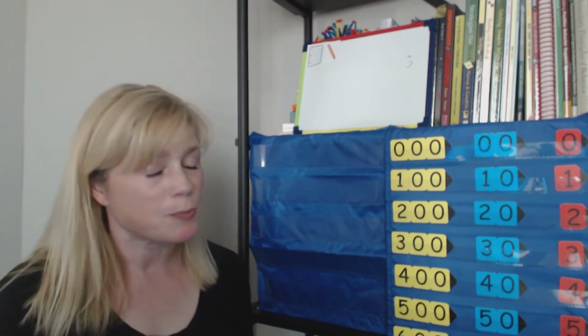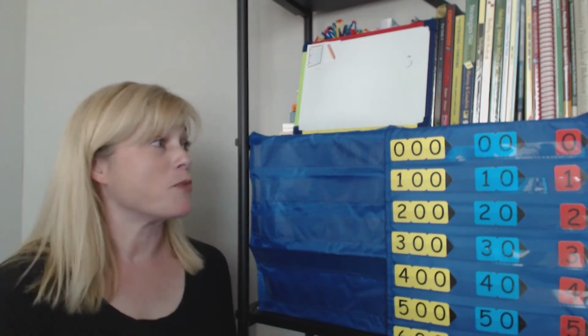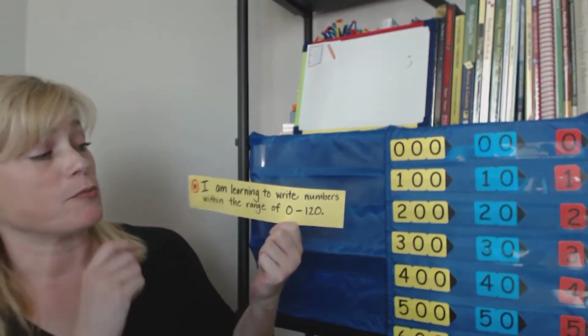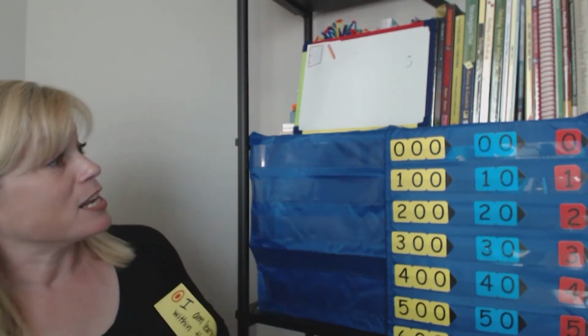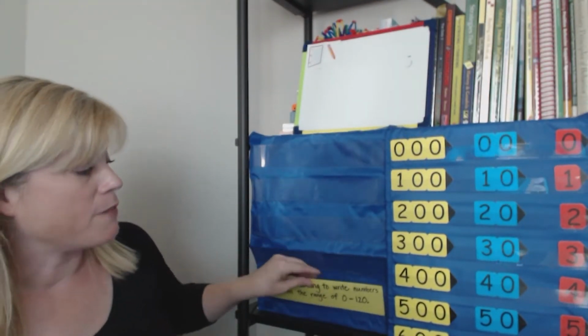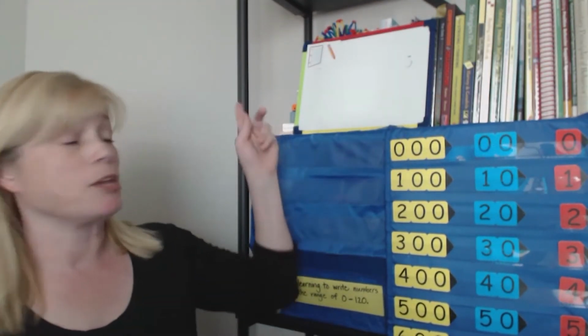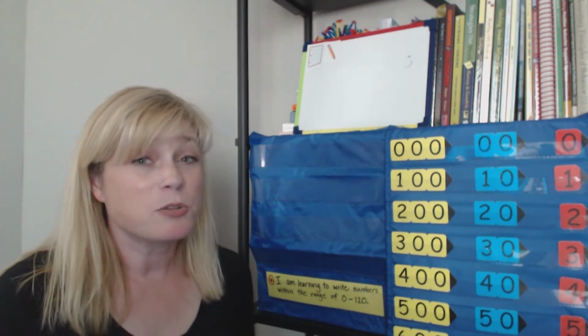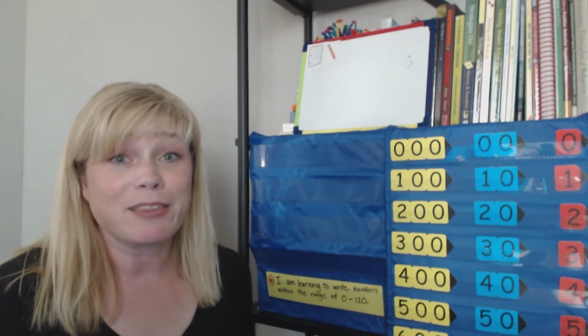Hey first grade, this is Mrs. Yahara here, teacher at Spokane Public Schools, and ready to do a few more math moments together. Today we are going to be practicing writing our numbers between the range of 0 to 120. And to do that, I have my arrow cards. Now, you might want to have a few supplies with you, and that might be your pencil and paper. I have my whiteboard handy. Maybe you want to use that instead. It's up to you. Actually, you don't really need anything. So if you don't have those things, that's okay. Stay with us. You can just do it with us out loud and in your head.